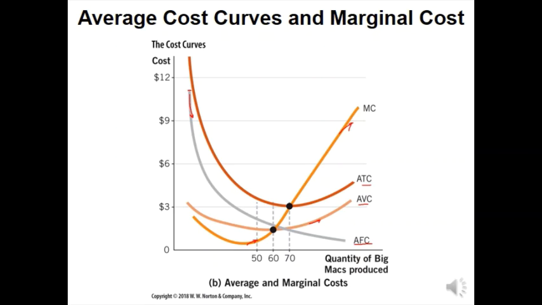And average total cost is just the sum of average variable cost and average fixed cost. But keep in mind that average fixed cost approaches zero as our quantity, our output, gets infinite, which means average total cost approaches average variable cost. It's going to have a very similar U shape. But over here where average fixed costs are high, average variable cost and average total cost are going to be quite far apart. And over here where average fixed cost is low, the cost curves get closer and closer together.